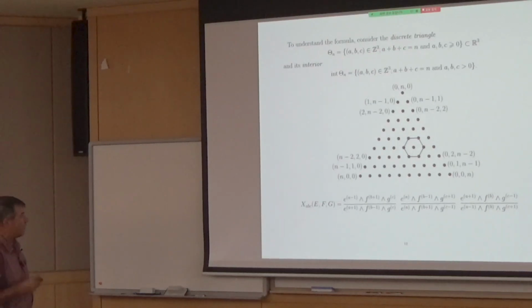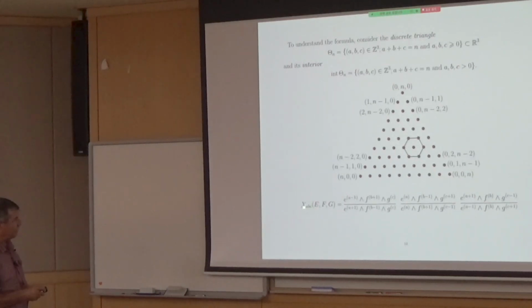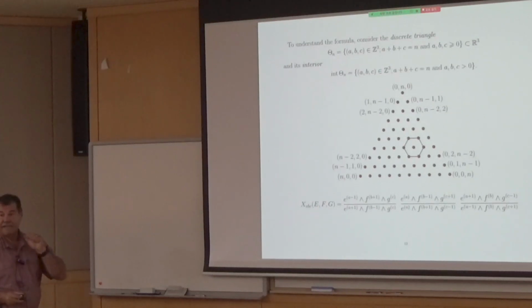And then if you look at the triple ratio, so first of all, I said they were indexed by numbers ABC, but this time ABC had to be at least 1, because you take A minus 1, so you don't want negative numbers. So in other words, these ABCs that index the triple ratio are actually in the interior of the triangle. Namely, they are not allowed to be on the sides. They are to be inside. Okay, so like this one here.